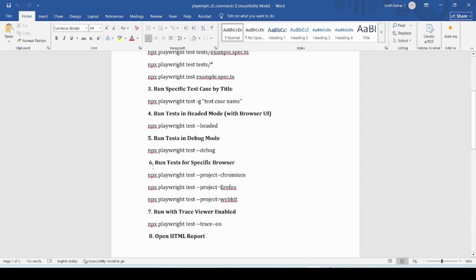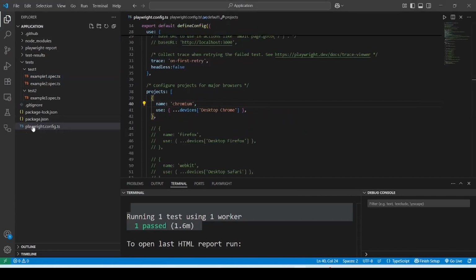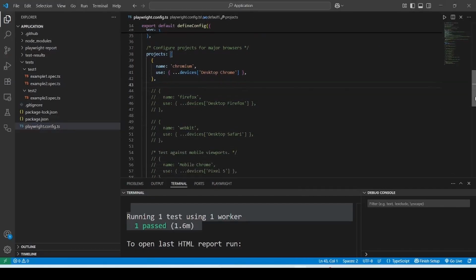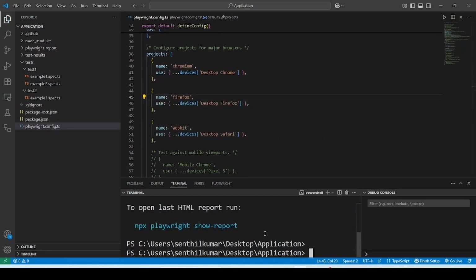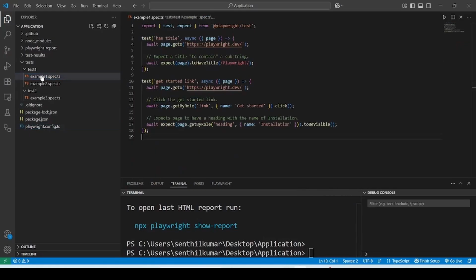Next command is we are going to run the test method for a specific browser. We can use Chromium, Firefox, WebKit. I go to VS Code, go to the playwright.config file, and now I have enabled only Chromium. If you want to execute other browsers, you have to enable the other two. From these three, for example, here I want to execute the example1.spec file using